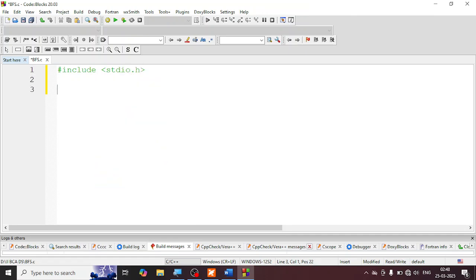Okay, and we need a few global variables over here. What are the global variables that are required? First of all, we require a queue. So I'm going to say int queue of 5 cross 5. What is the meaning of saying 5 cross 5? Maximum we will take only 5